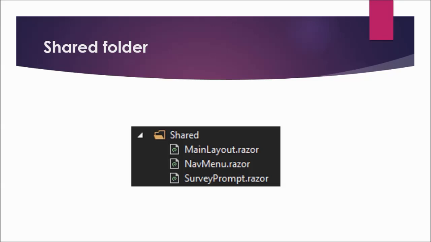The NavLink component renders navigation links to other Razor components like the Index, Counter, and FetchData components. This NavLink component is intelligent enough to highlight the navigation menu item if its component is currently displayed. SurveyPrompt.razor is a Blazor survey component.